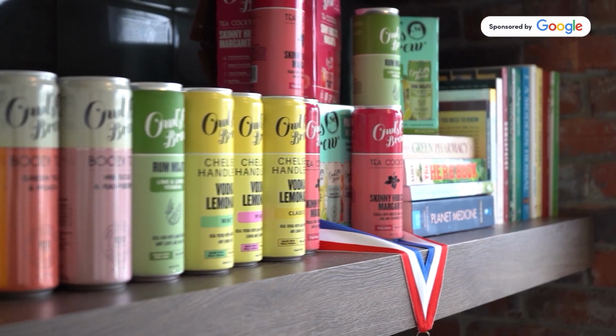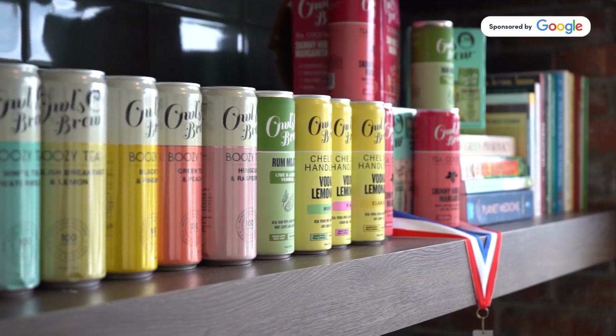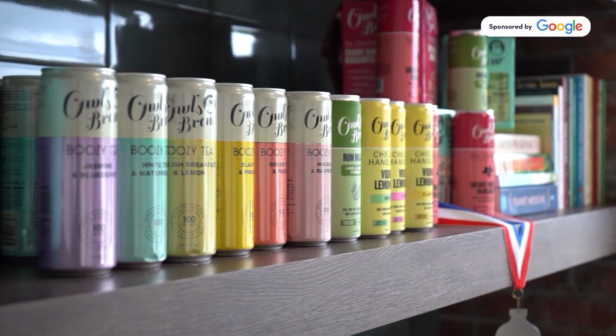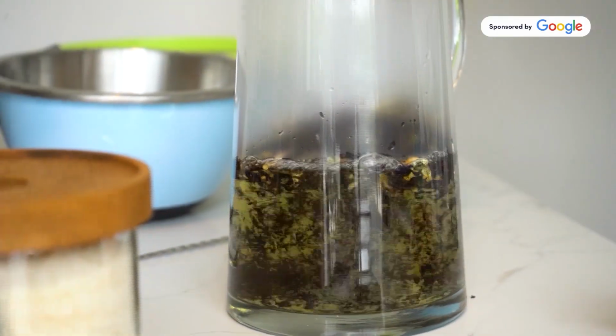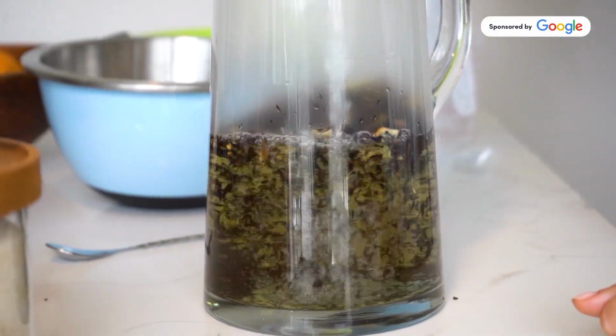We have a line of boozy teas that are fresh brewed from tea and botanicals and spiked, and we also have a line of non-alcoholic mixers. I've been in the beverage industry for a really, really long time. My background is as a tea sommelier, and I spent most of my career creating iced tea programs, hot tea programs,